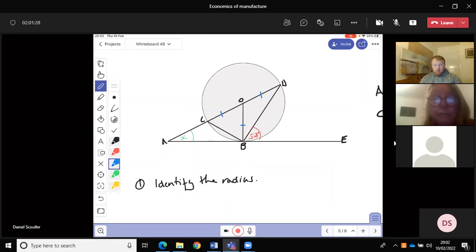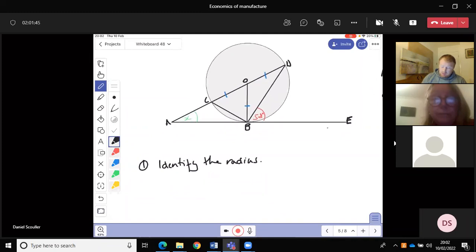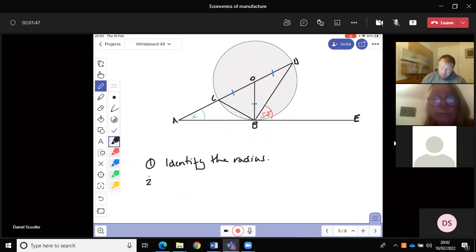Okay. The radiuses we can use tell us a lot. So CD we can tell is a diameter as well. Okay, and that tells us something. So we'll come back to that. So I would say the second thing I would want to mark up would be to locate right angles